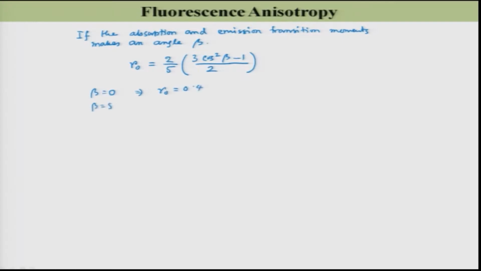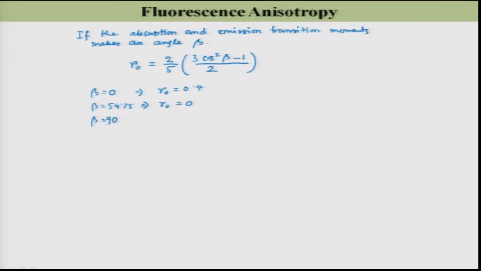If beta equals 54.75 degrees, then you will immediately get R0 equal to 0. If beta equals 90 degrees, that means the absorption and emission are perpendicular to each other, right, then